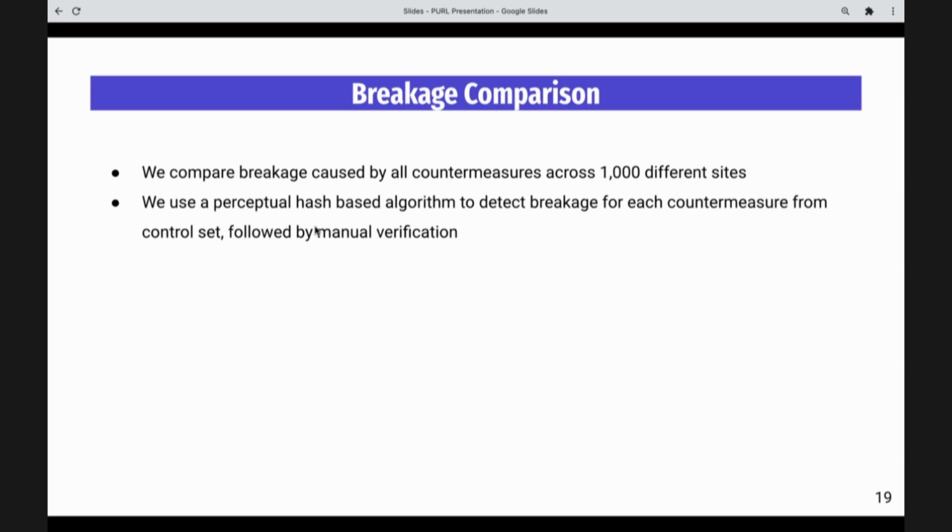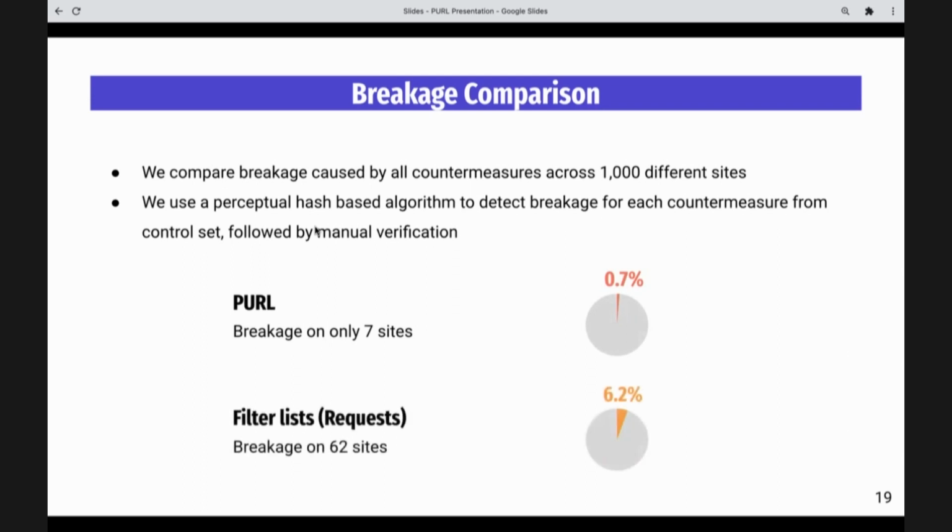We resort to manual verification here as automated breakage analysis is still an evolving field and no method is accurate enough to allow a completely automated analysis pipeline. We observe that Purell results in breakage on only 7 sites, while its closest competitor in accuracy, the request-based filter list, caused breakage on 62 sites that we tested. This shows that Purell is not only accurate in identifying tracking link decorations, it does so without causing degradation in